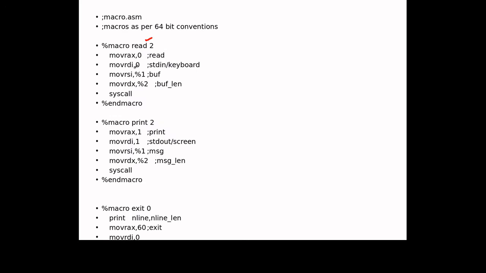In the common read system call, we use this file handle, and 0 is the file handle for the standard input device, that is the keyboard. In this case, we are using the file handle for the opened file.